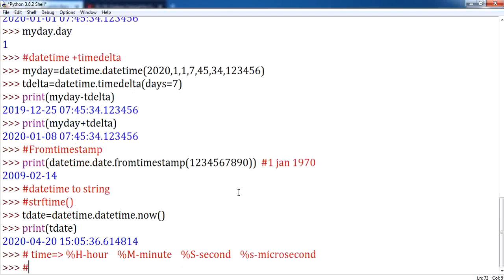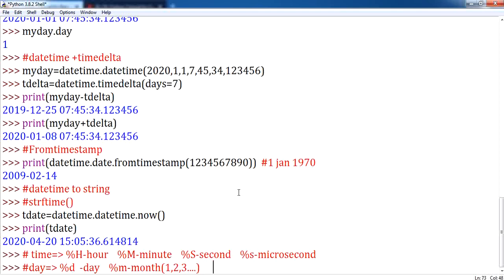Next, we will go ahead with day. For day, what are the access specifiers available? First, percentage d. Percentage d is for day. And next is percentage m. Percentage m is for month, and this month includes values like 1, 2, 3, in such a way: 1 for January, 2 for February, and so on.